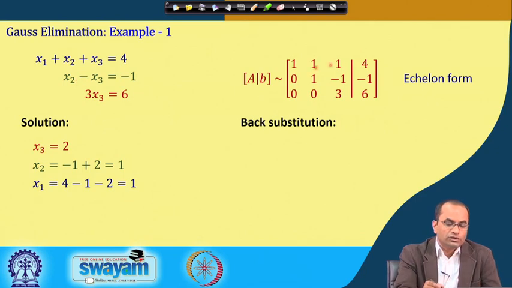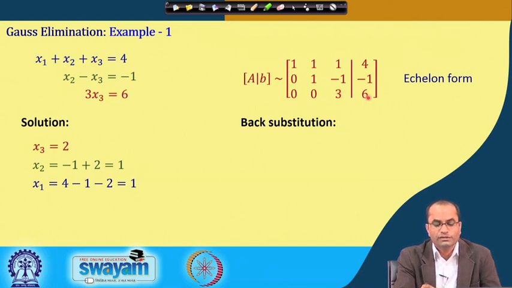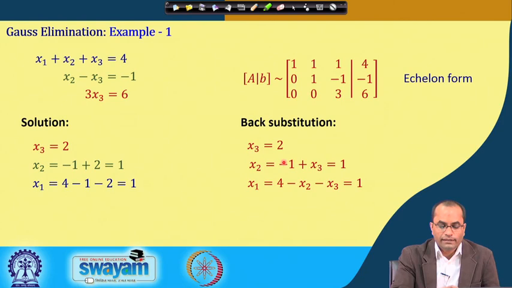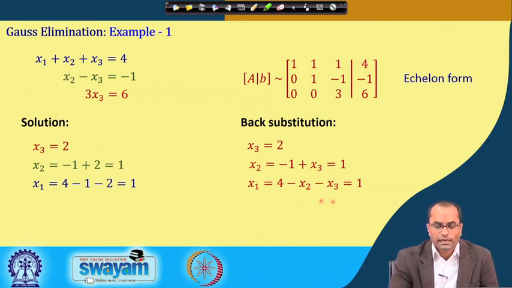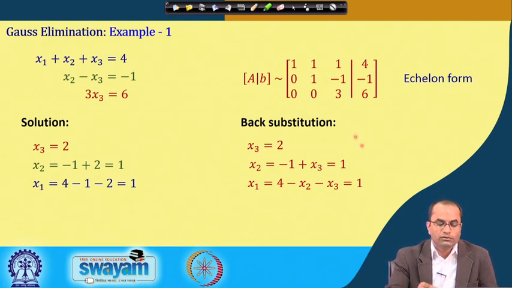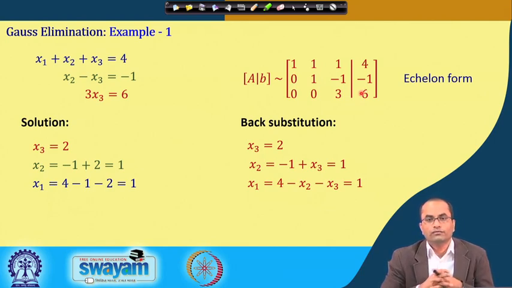We should always keep in mind that corresponding to this we actually have the system of equations given on the left. So, here we have 3 x3 is equal to 6, that means x3 is 2 here. Then this x3 is known, so from this we will go step by step up now. Here from this equation we will get the x2 variable. So, x2 will be minus 1 and then plus this x3 which is 2, and then we will get 1. Now, we will go further up to x1, and then we have 4 minus x2 and minus x3, and that is equal to 1. So, we have x1 is equal to 1, x2 is equal to 1 and x3 is equal to 2. So, we get the solution out of this back substitution once we have this echelon form of the